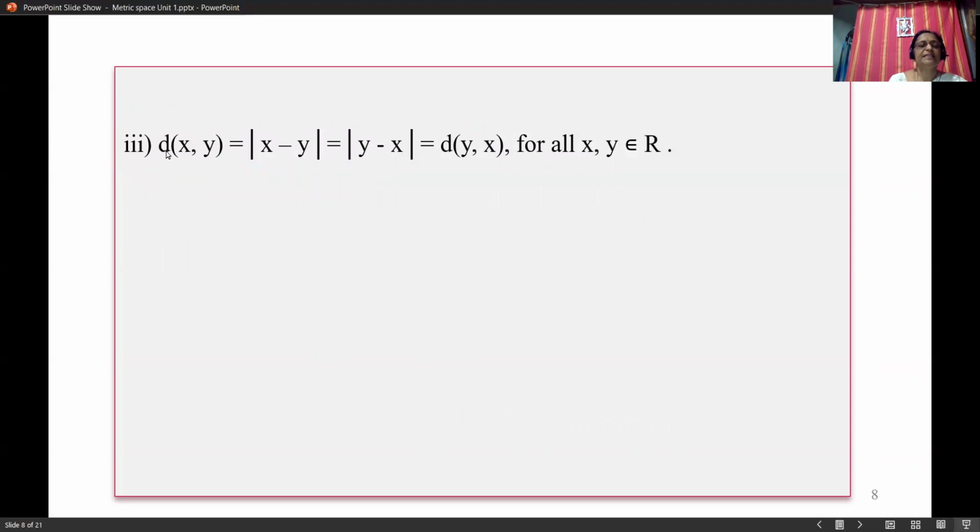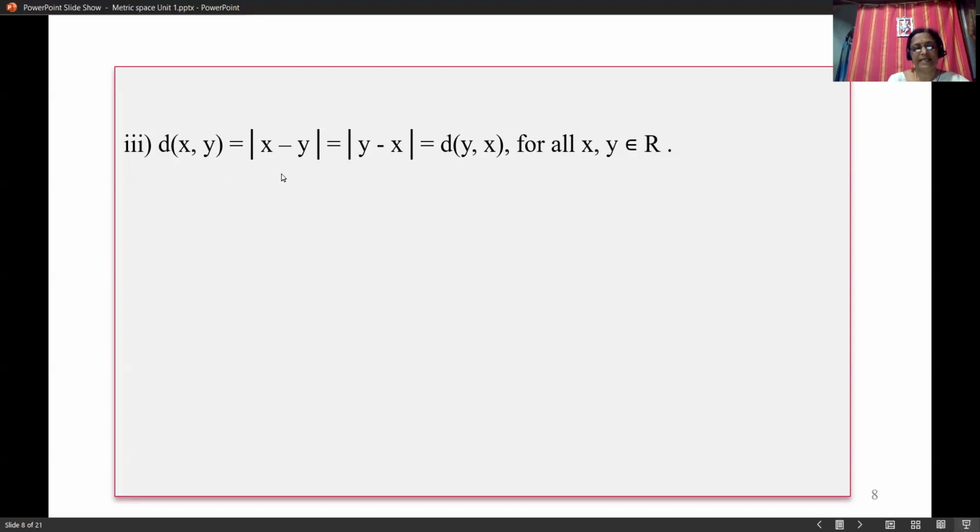Third result, consider d of xy. D of xy by definition of d is modulus of x minus y. Now take the minus sign outside. You will get modulus of minus of y minus x, and modulus of minus means it is modulus of y minus x, and therefore this is nothing but d of yx. And this result is true for all x, y belonging to R because it is true for an arbitrary element, and therefore